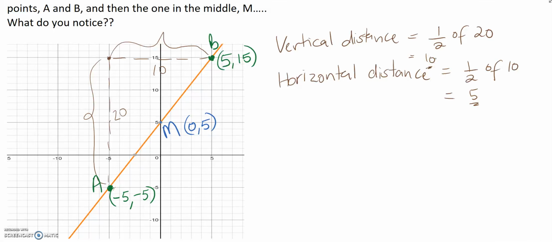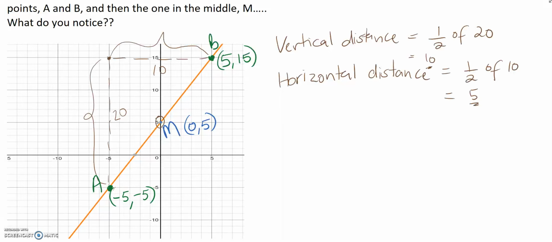Okay, and if you have a look for vertical distance, half of 20 is 10. That means if we go from A, we need to go 10 places up. So 1, that's 5, and that's 10 places up. And then half of 10 is 5, the horizontal distance. So that means we have to go across 5 places, and we get to that point, which is our